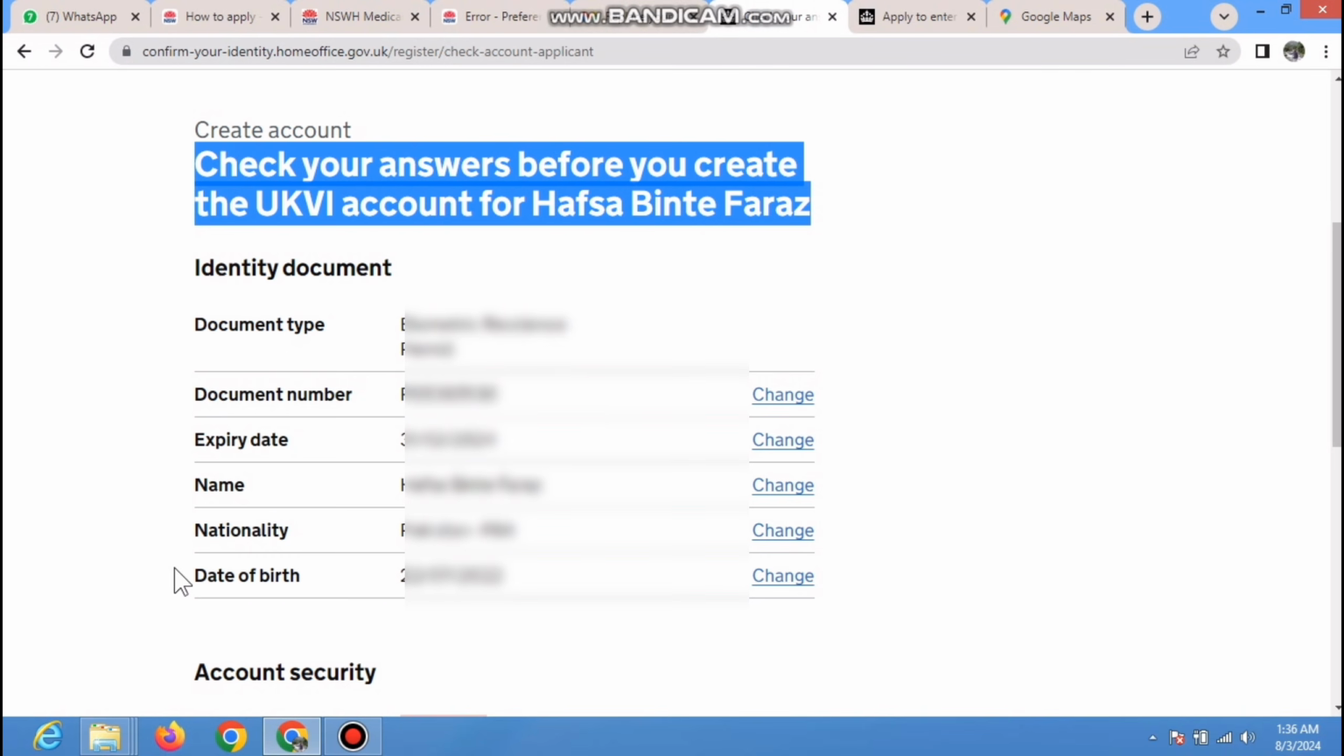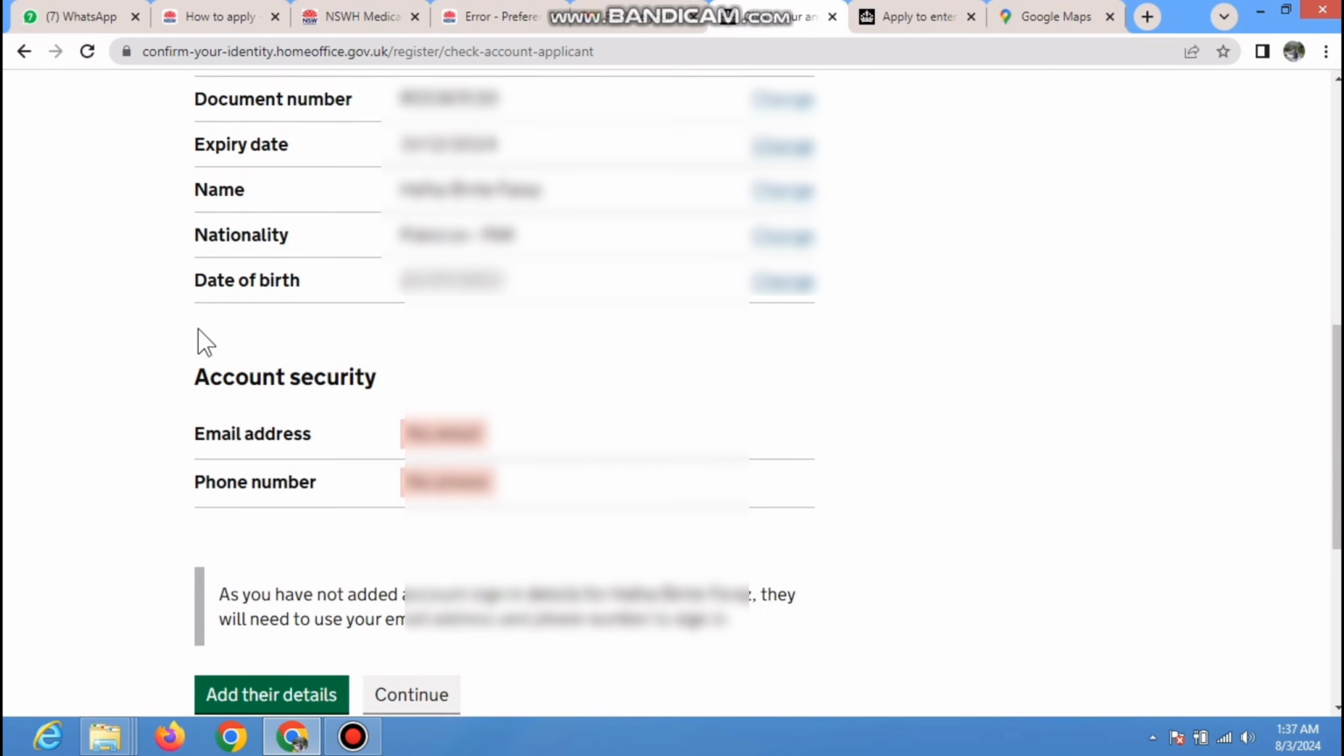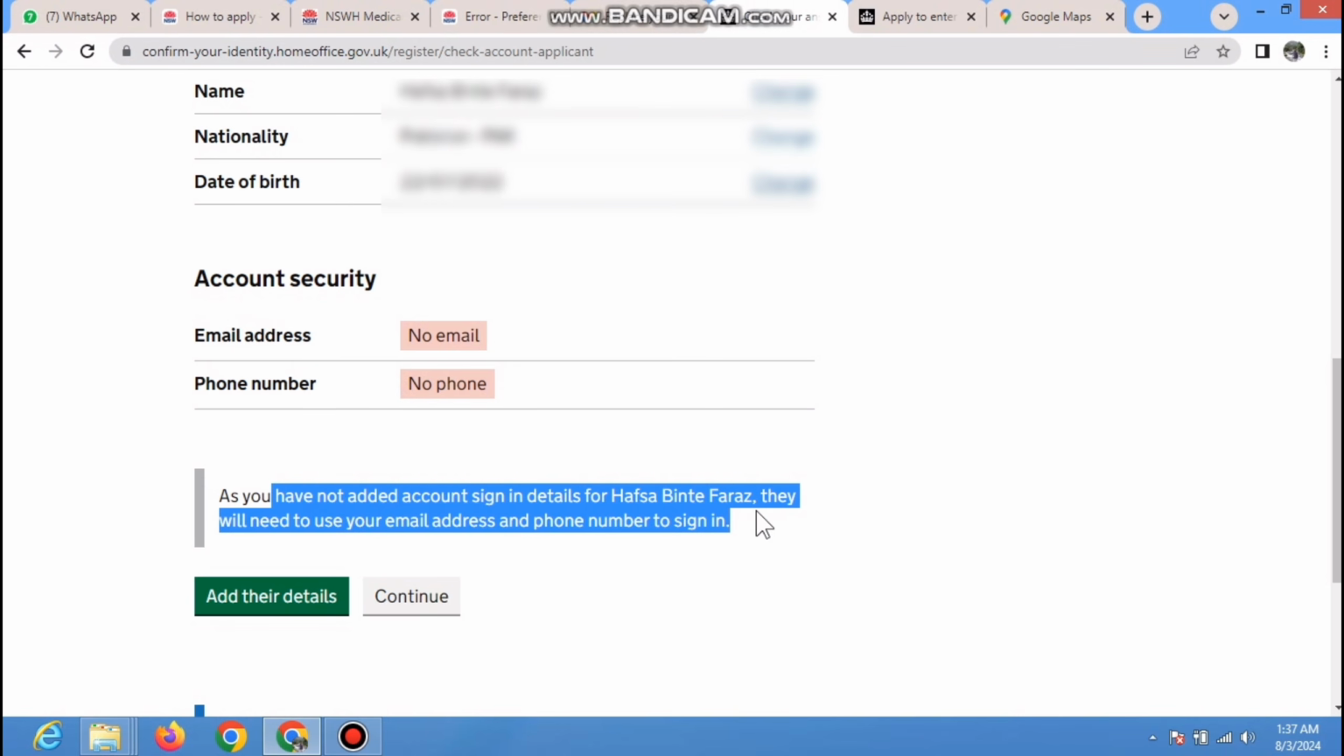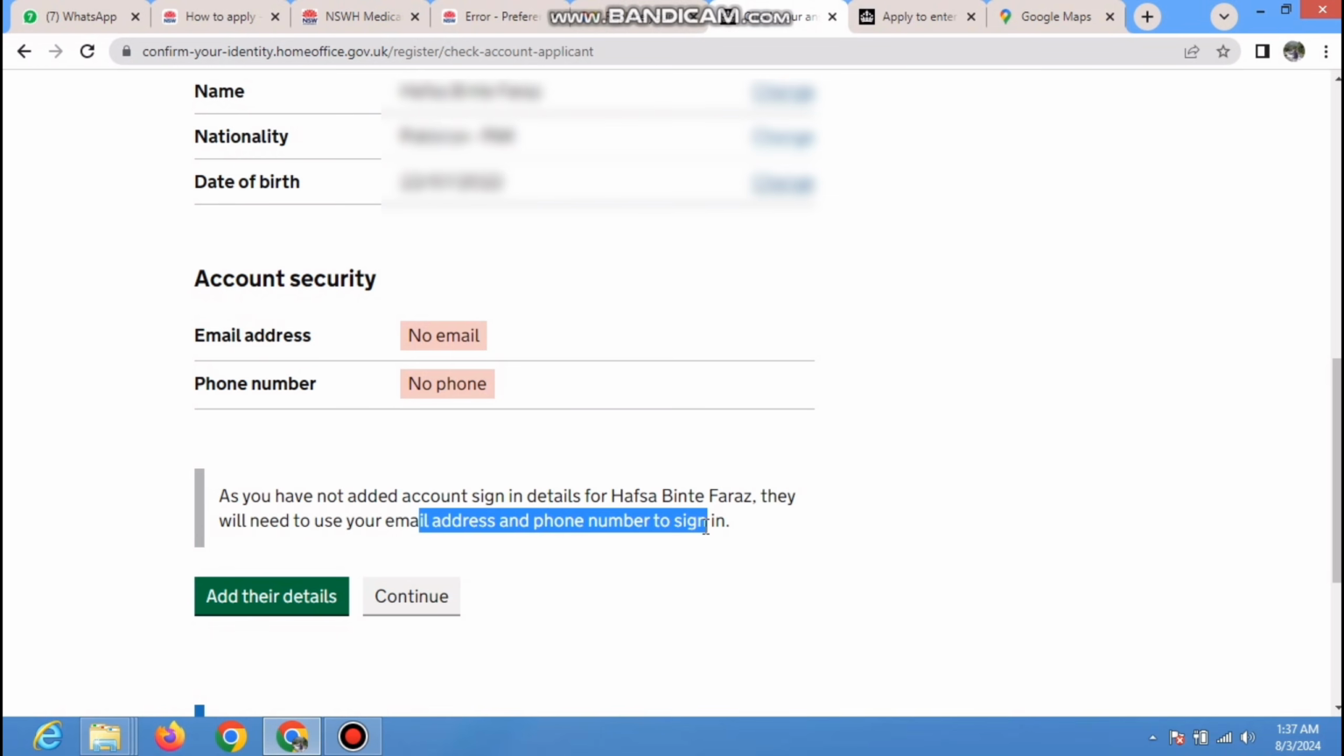After that, check your answers before you create the UKVI account for Hafsa bint Faraz. We will check all these details. Here you can see the email address and the phone number are empty. Why? Because my daughter doesn't have an email address or a phone number. As you have not added sign-in details for Hafsa bint Faraz, they will need to use your email address and your phone number to sign in. If you want to add their details, that's all right, but if they're too young,